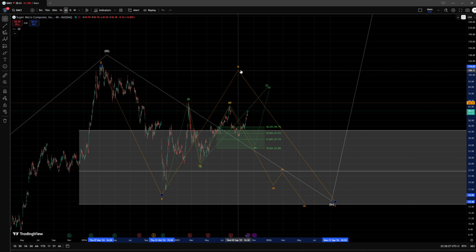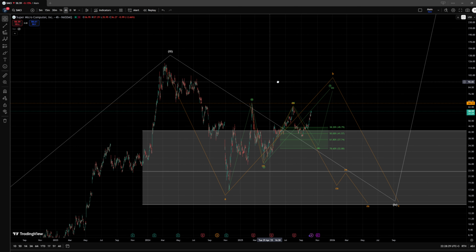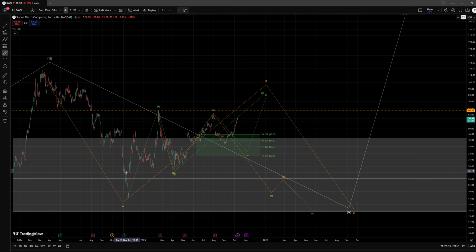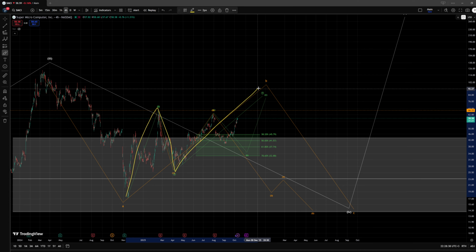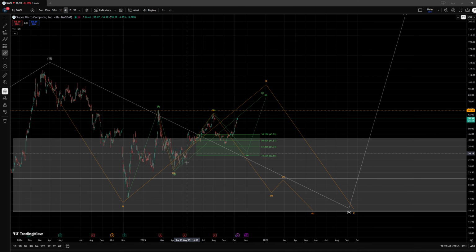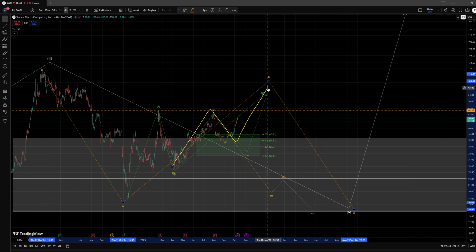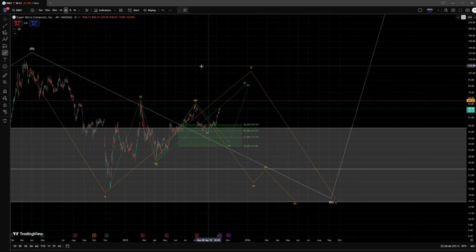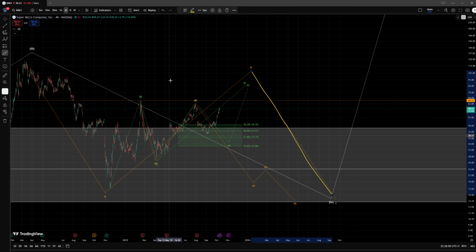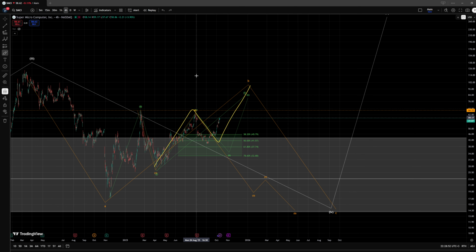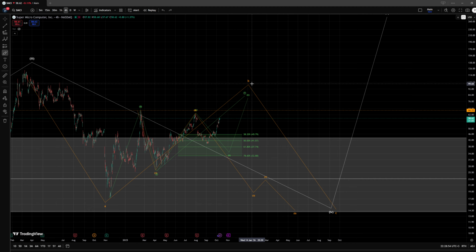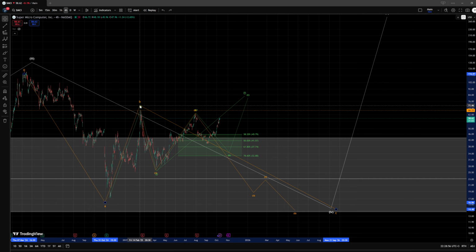It could still just reset the orange scenario, and we have the green scenario for that interpretation, where this could have been a W wave up, an X wave down, and now we would be able to track a wave Y to the upside, where we are looking for an ABC structure to build this pattern and reset the wave B off, whereas afterwards we would still be tracking a wave C to the downside. So that is a very valid case, but for that interpretation we do need to first break this top that